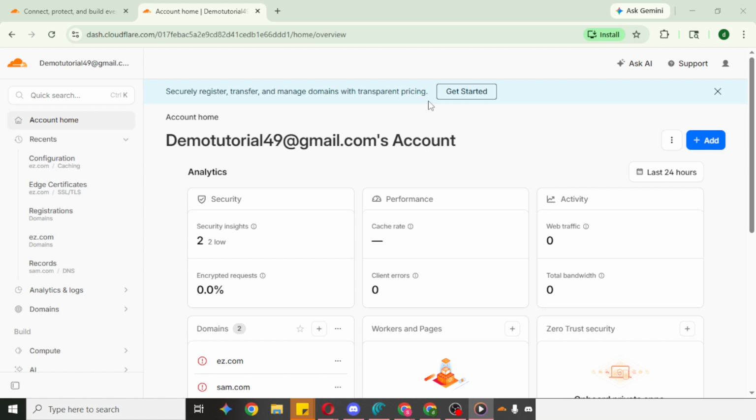Start by opening your Cloudflare account in a web browser. Make sure you're signed in to the correct account that owns the domain you want to remove. The dashboard is where all your sites or zones are listed. It's best to do this from a desktop browser for full visibility and ensure you have the necessary permissions on the account. Next, click on the specific domain you want to delete from Cloudflare.